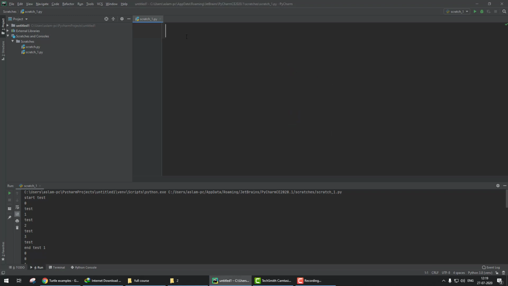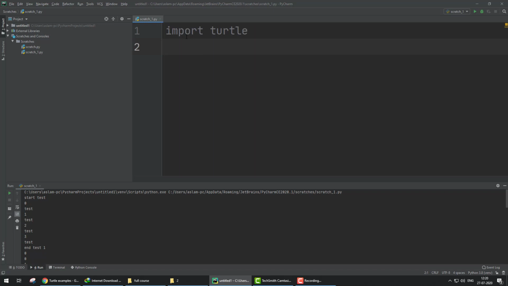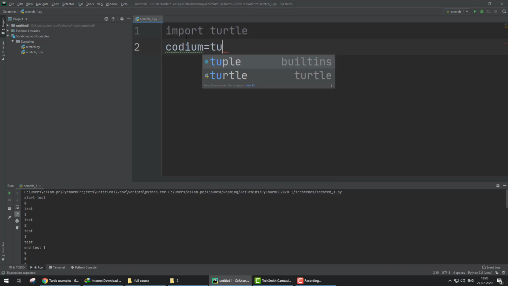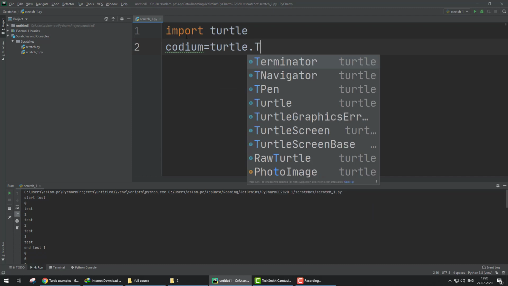So let's start. First of all we have to import turtle. Name the turtle Codium. Codium is equal to turtle dot Turtle, with small t turtle and capital T Turtle.